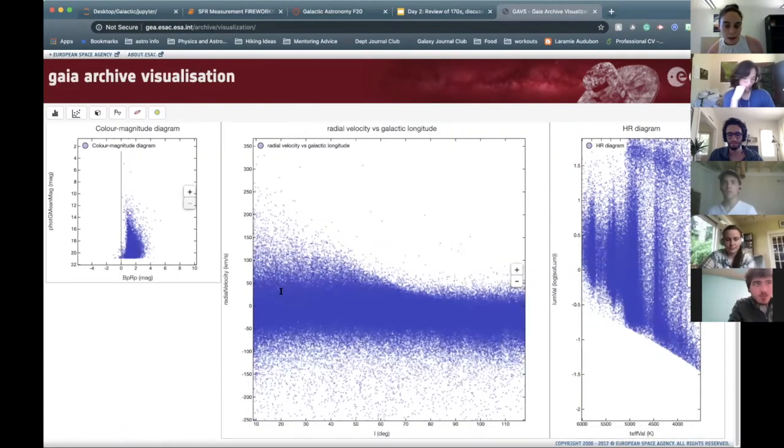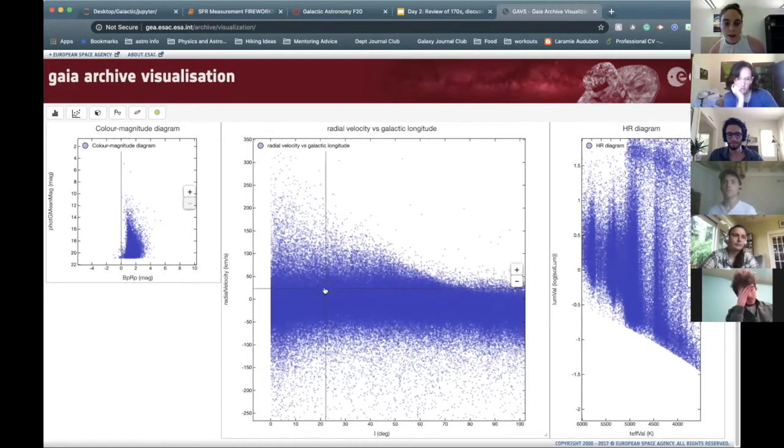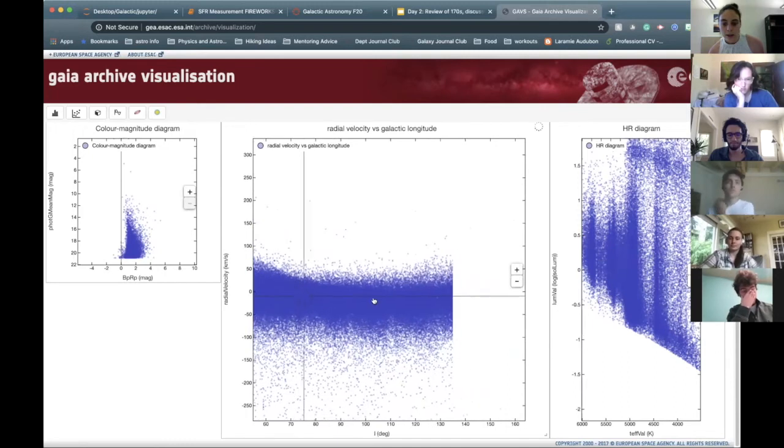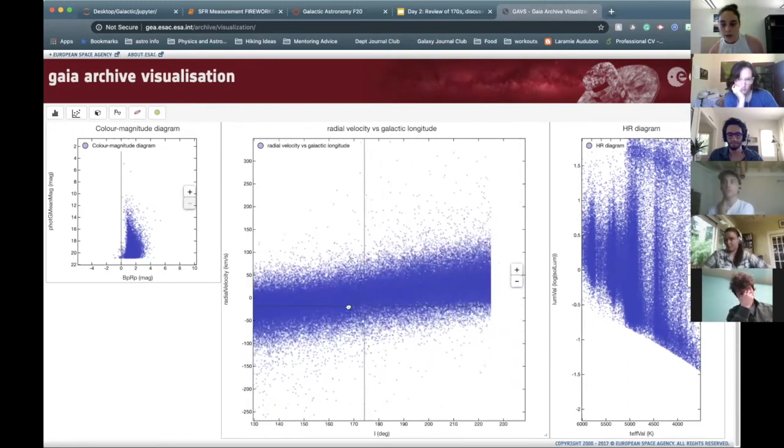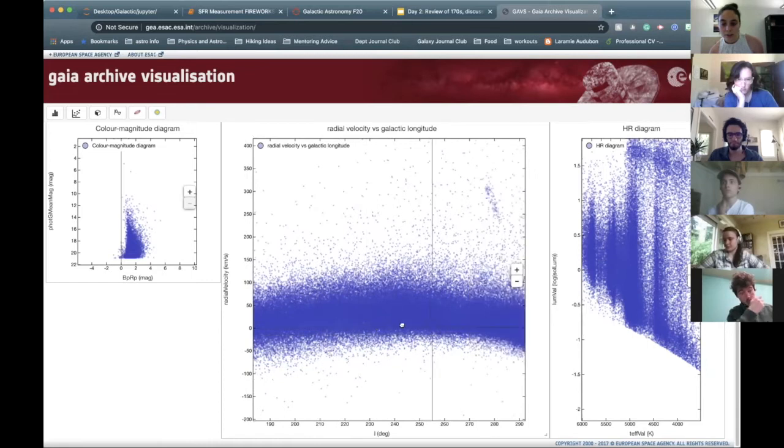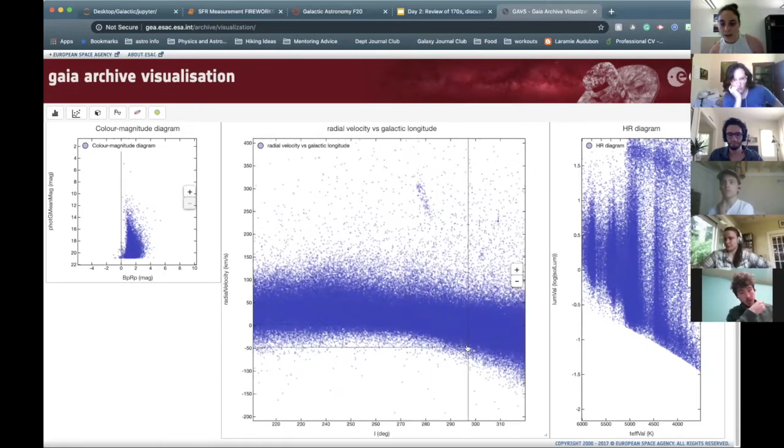Kind of fun on this webpage, you can also just make all the kind of plots you want. So I plotted, we'll talk about galactic latitude and longitude soon. No one really uses them, but it's good to know. But I plotted galactic longitude, which is kind of position in the plane of the Milky Way, versus the radial velocity measurement for Gaia. And you can kind of see some trends. There's definitely something going on here, I would say,